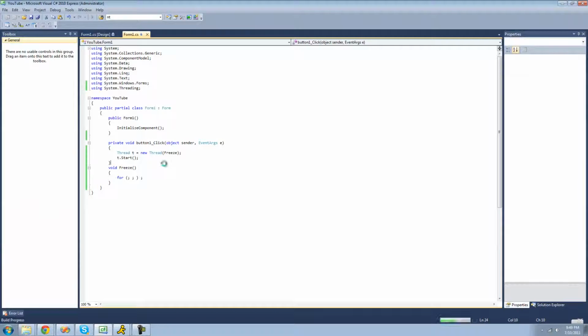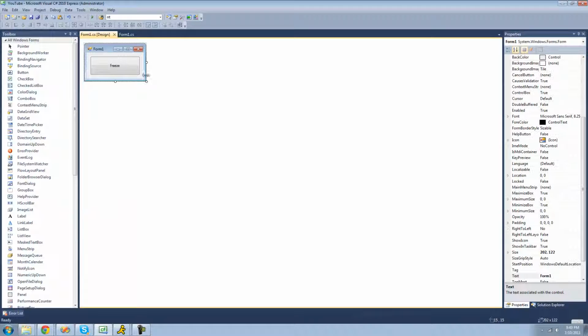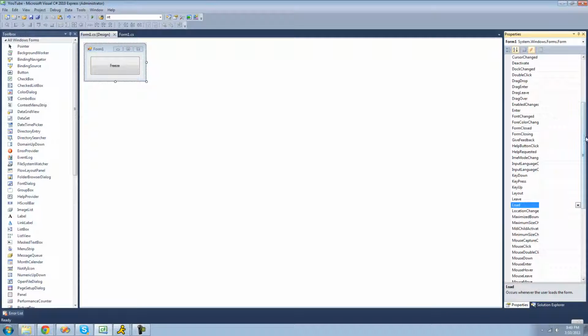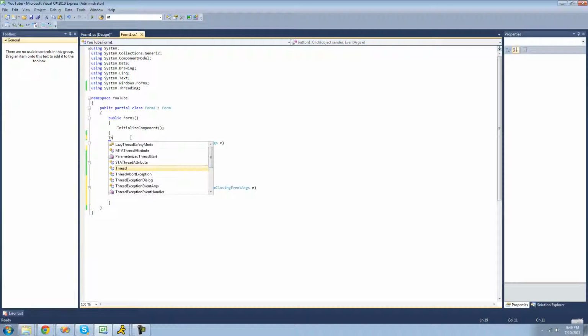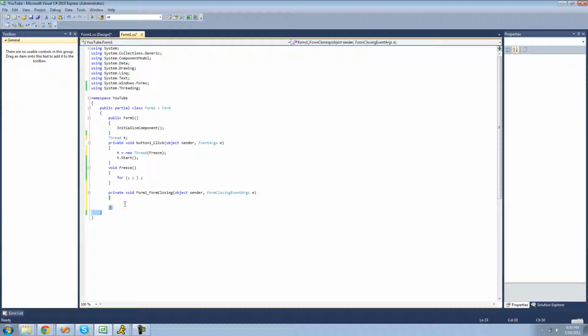So what we need to do is go onto our form and go on the closing event. And where's the closing method? Oh, I guess it's FormClosing. There's FormClosing, and we're going to need to make this thread. We're going to be able to use this thread in other places. So we're going to go up here and do Thread T, and then we'll do T equals a new thread right here. So now we can access this thread in any one of the methods inside of our class right